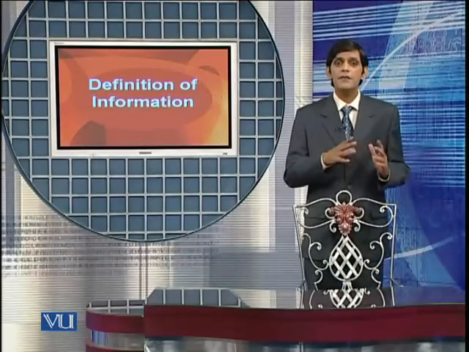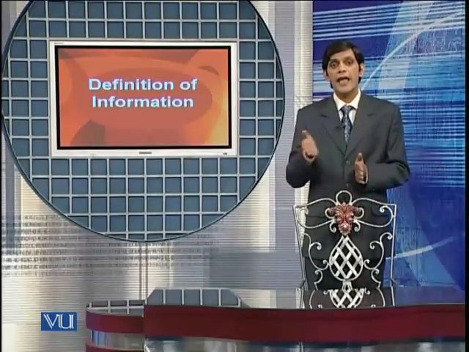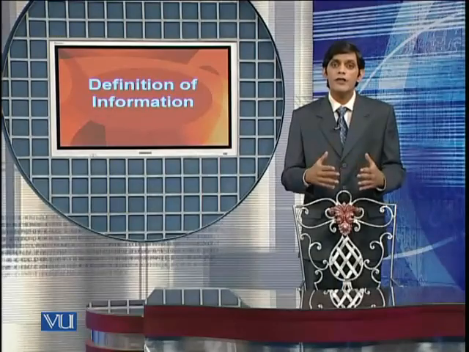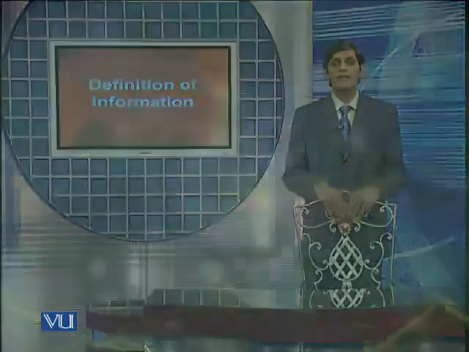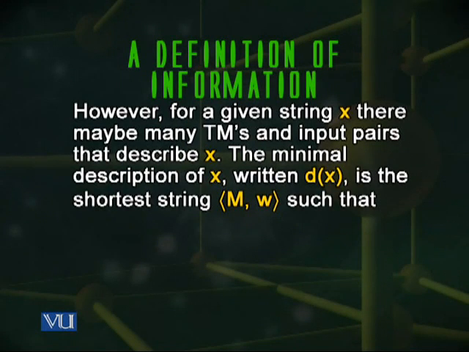There are infinitely many different algorithms which will produce X. So which description would we choose? The idea is we will choose the shortest description. However, for a given string X, there may be many TM and input pairs that describe X. The minimal description of X will be denoted by D of X, and it is the shortest string ⟨M, W⟩